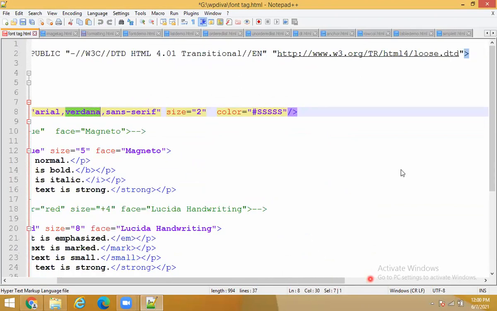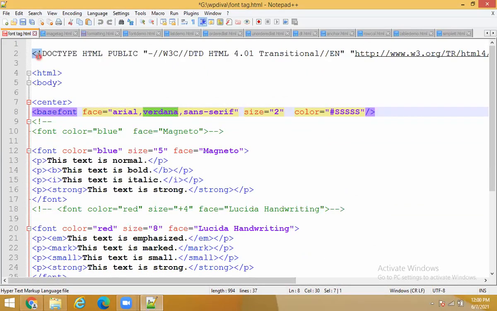Clear to you? Now what I did here, I have taken a header file as usual, beginning with the header file. Then I have taken the HTML tag, the body tag, and the center tag. So whatever contents you want to display in the browser will all be in the center.